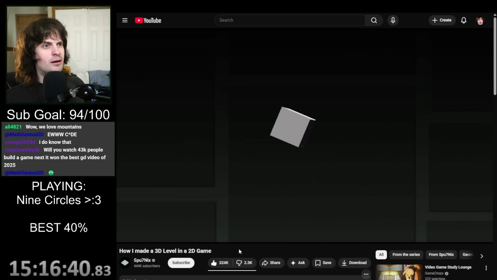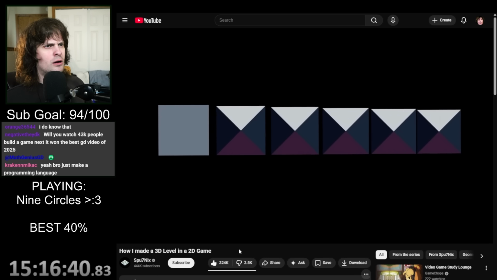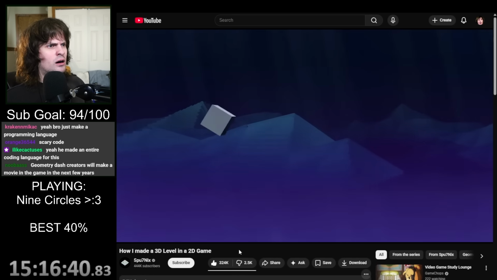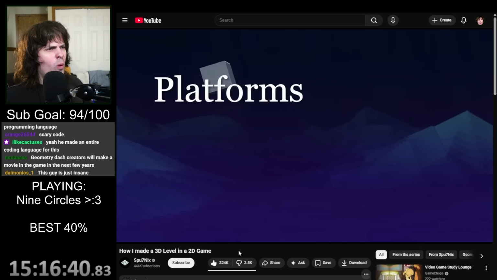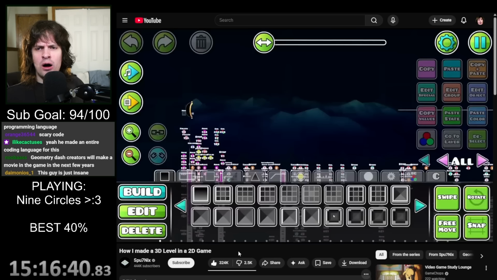To make the cube look 3-dimensional, I split it into 6 layers where the layers in the back are a tiny bit smaller and a tiny bit slower than the layers in the front, making it look like the player shifts in perspective as it jumps up and down. Now, our player is currently jumping in midair, which is a sign that it might be time to add some platforms and obstacles. And it's at this point things start to get kind of crazy, because to anyone who's ever made something in Geometry Dash,